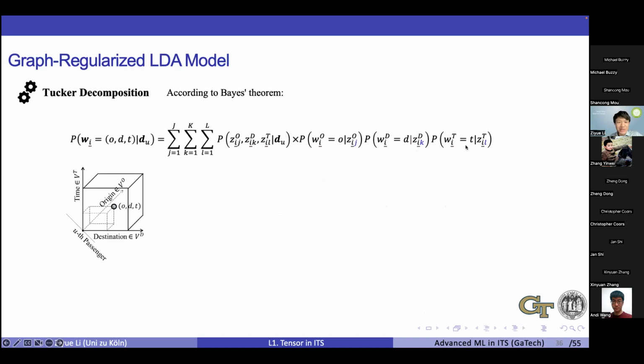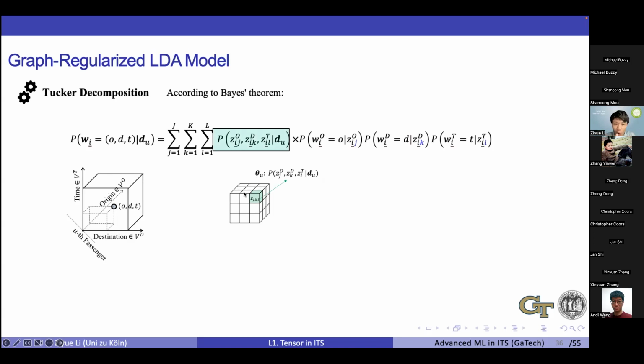And there's a really interesting part: how is this LDA model related to tensor decomposition? Here's the conclusion: our tensor LDA model is basically the tensor decomposition we talked about. So how? For example, this is the probability of the trip ODT, in the three dimensions O, D, T. So this probability is decomposed as the probability of topic being in the topic JKL, which is